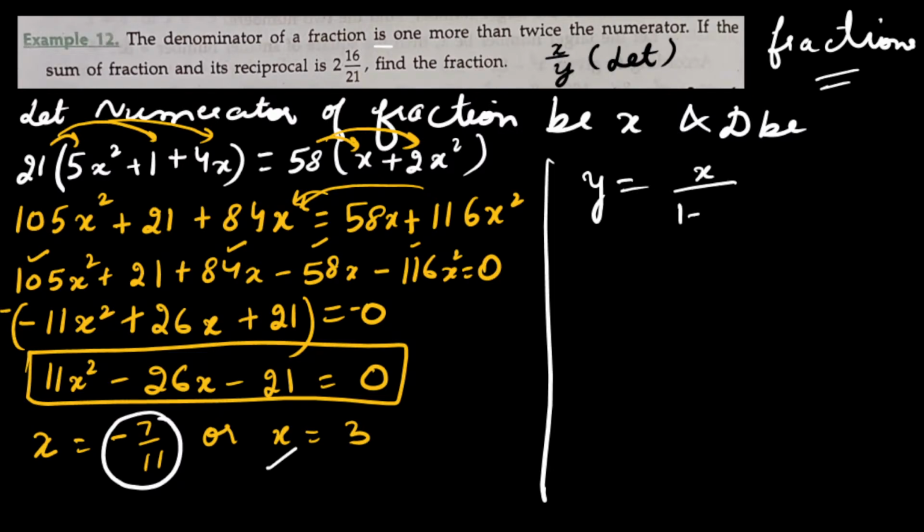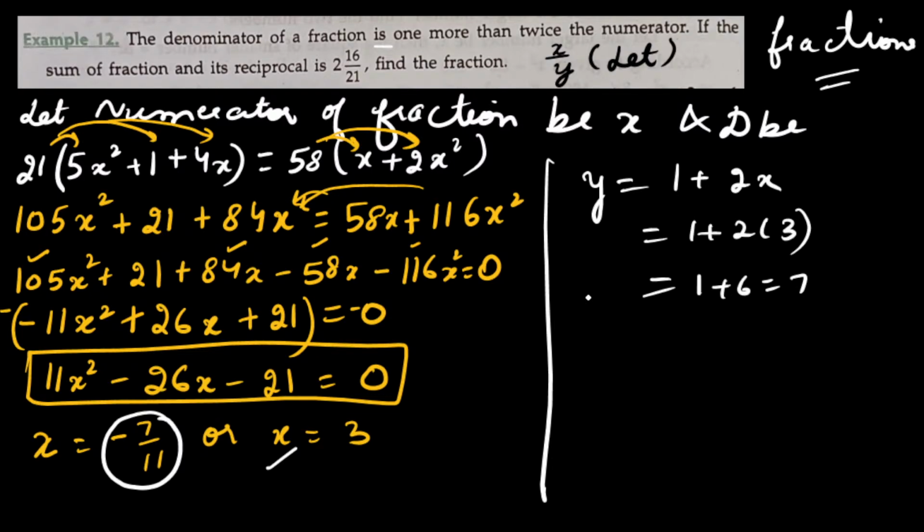Y is x by 1 plus 2x. So x value is what? 3 by 1 plus 2 into, one second, I just wrote. The fraction is 7 by 3 or 3 by 7. Okay, Monish has given the answer. So y's value was this, 1 plus 2x. So 1 plus 2 into 3. So 1 plus 6 is equals to 7. So we found the value of y as 7. So the fraction was x by 7. Here you can see at the starting itself I wrote